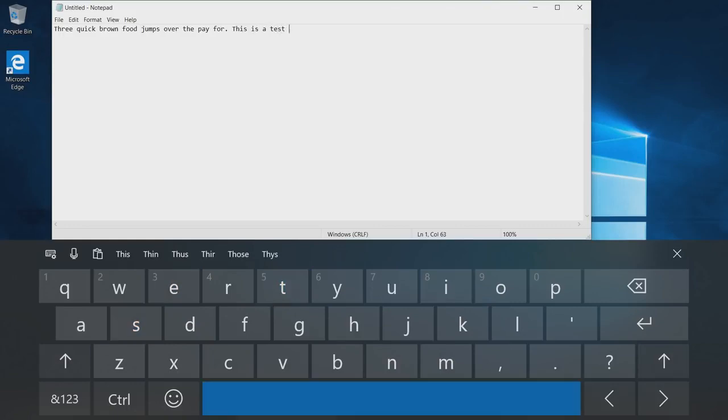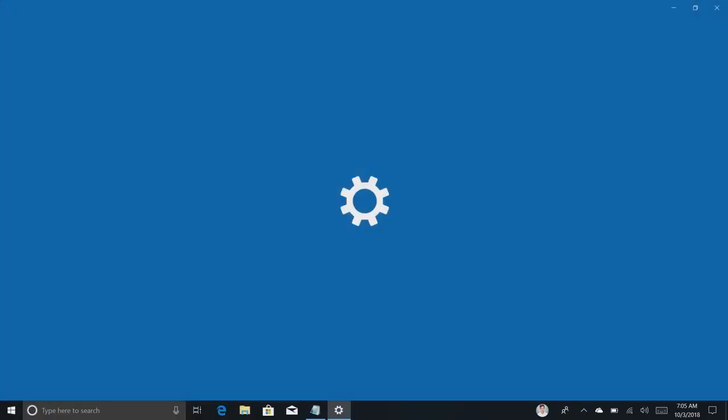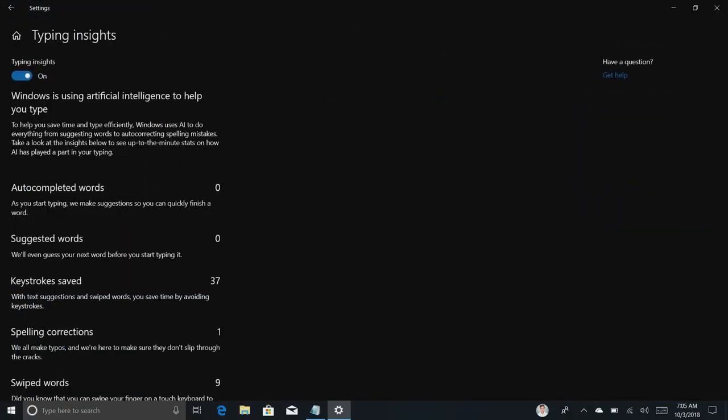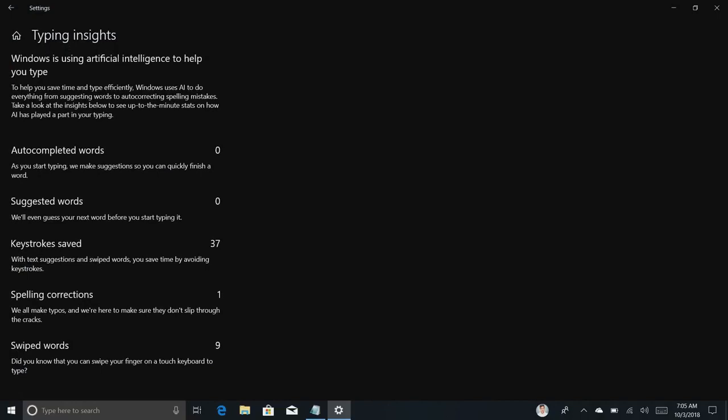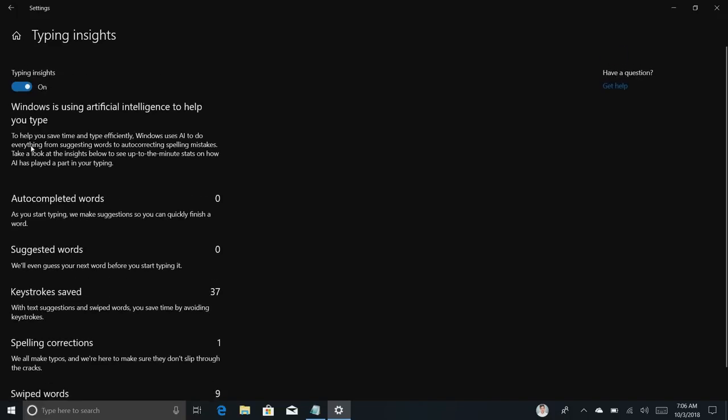This is a test. If we jump back into settings here, with any luck, we'll see some typing insights. Yes, so we now have 37 keystrokes saved, 1 spelling correction, and 9 swiped words. Microsoft's official description for this is to help you save time and type efficiently. Windows uses AI to do everything from suggesting words to auto-correcting spelling mistakes. Take a look at the insights below to see up-to-the-minute stats on how AI has played a part in your